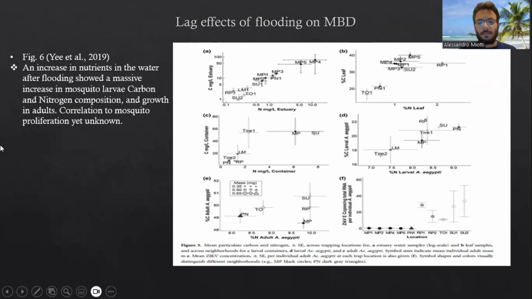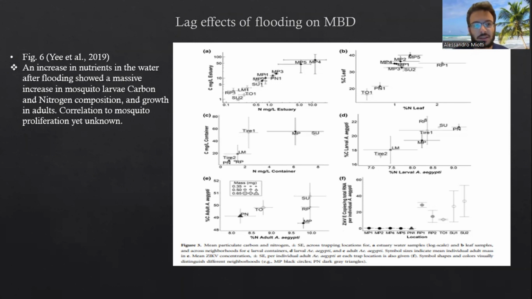Now, the last topic I wanted to go over is lag effects and runoff of nutrients. The last thing I wanted to go over is runoff during flooding, increasing nutrients. So one thing that's not well studied, but Yi et al. seemed to study a little bit, is how nutrients affect mosquito increases or mosquito growth. And I'm going to talk about possible growth of mosquitoes during flooding and how this can be coupled to the nutrients that are in the water due to runoff.